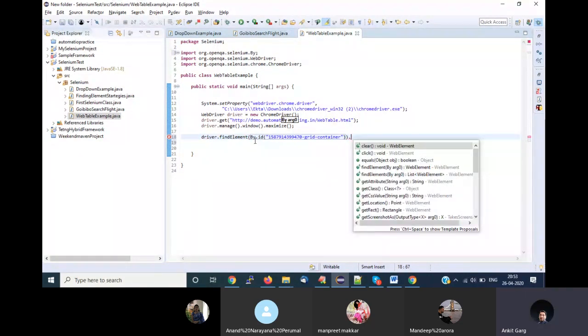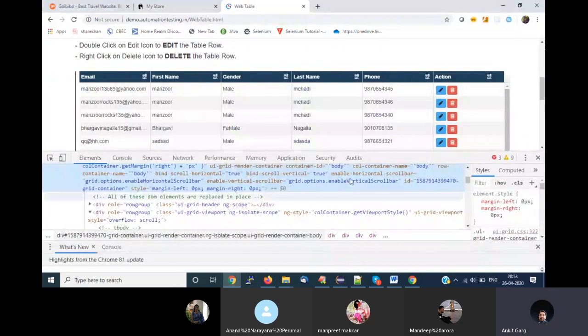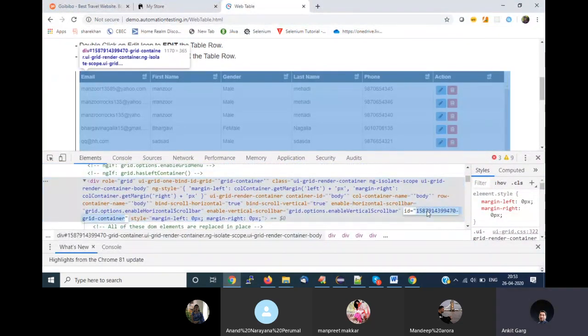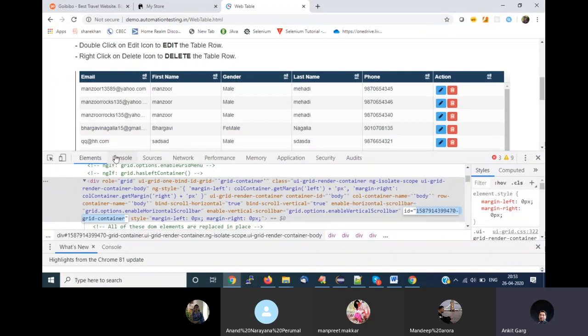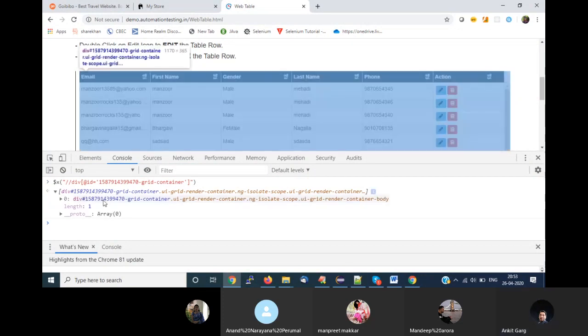Now what's next? You have your ID. How can you find your other elements? So let's try to first do it in your XPath format. I'm choosing the ID. Let me create an XPath using the ID itself. The starting tag is div. I'm using this only for your explanation purpose. I can use the ID directly. So this is giving me the complete web table, right?